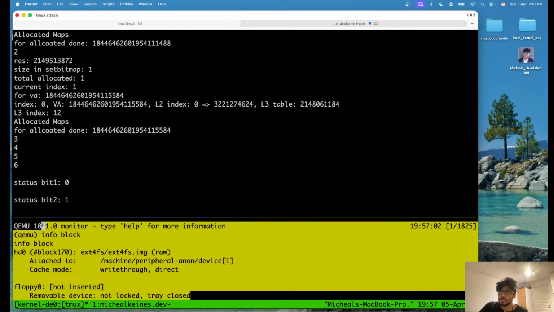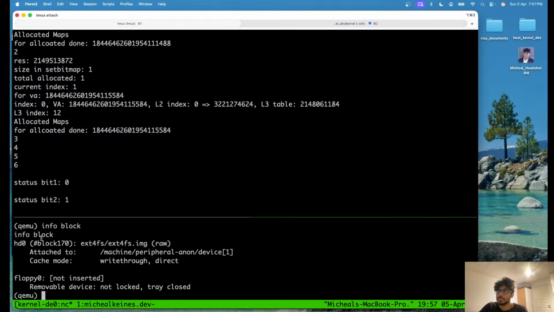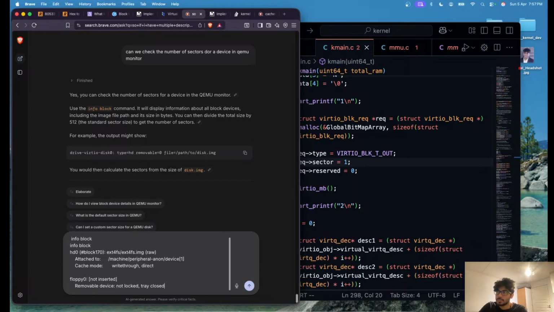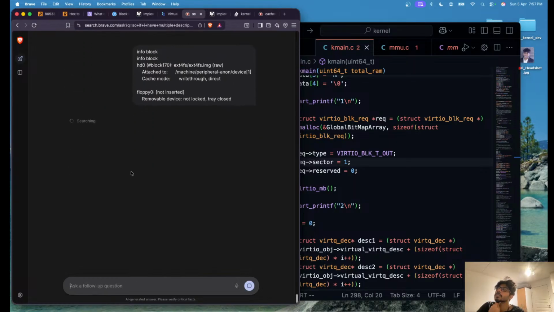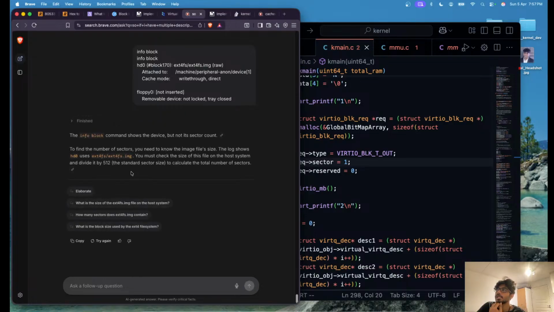It just says that, it does not say anything. But you must check the size of the file and the host system. So there are enough sectors,